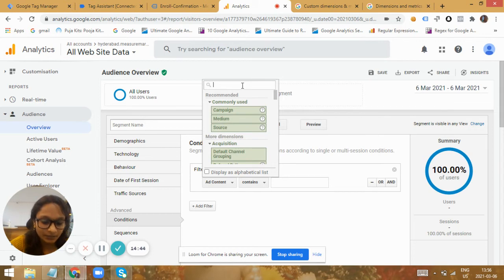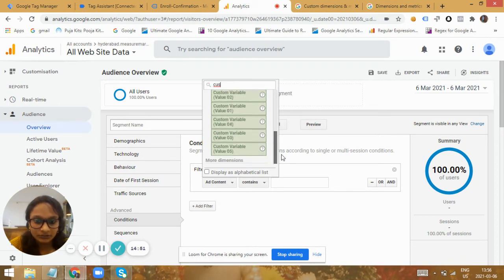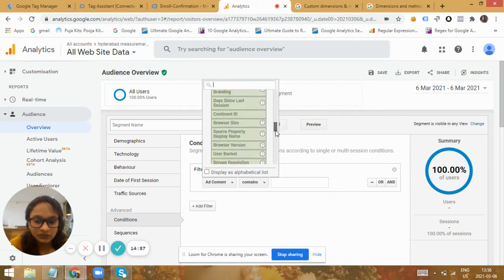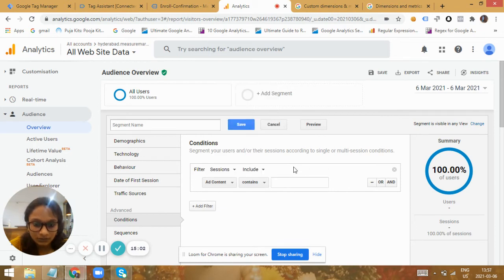Let me type custom dimension. Let us just search for a custom dimension.